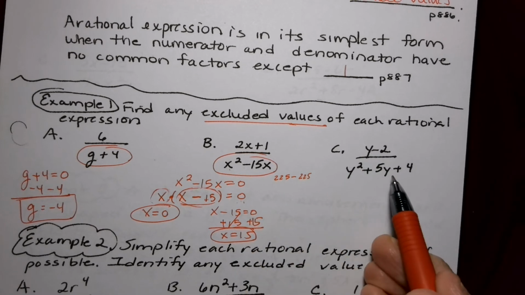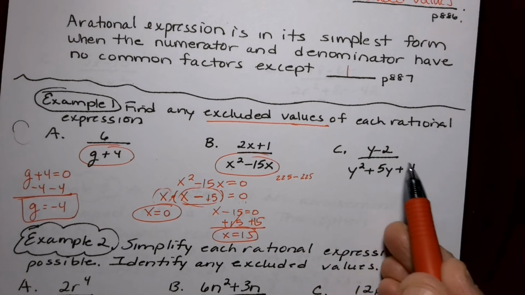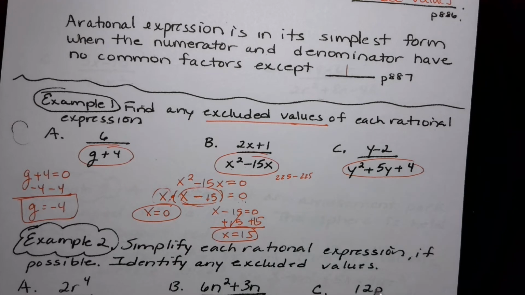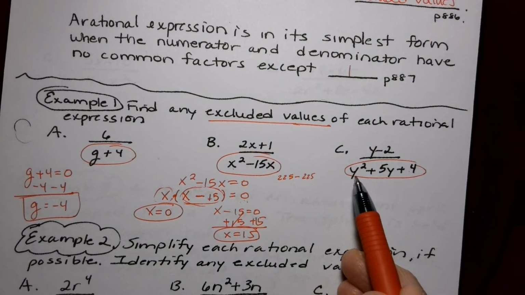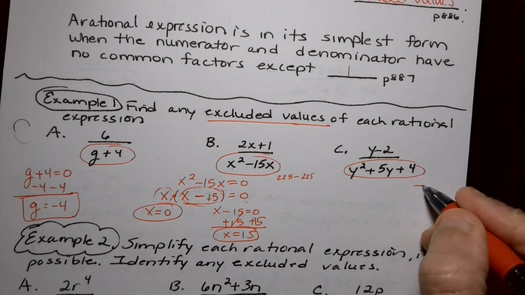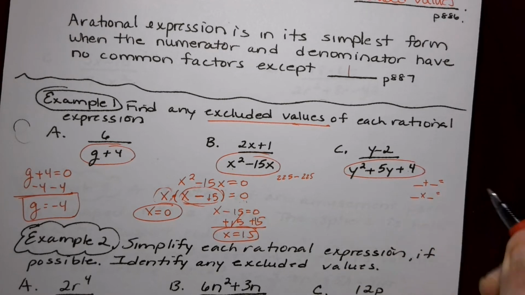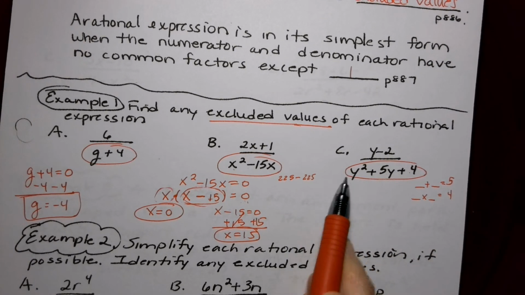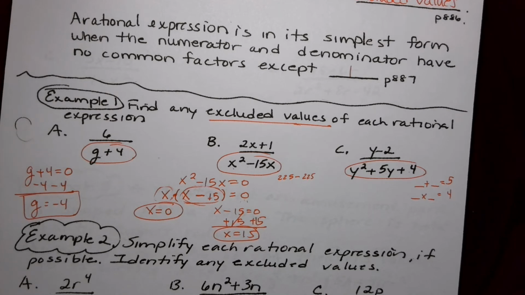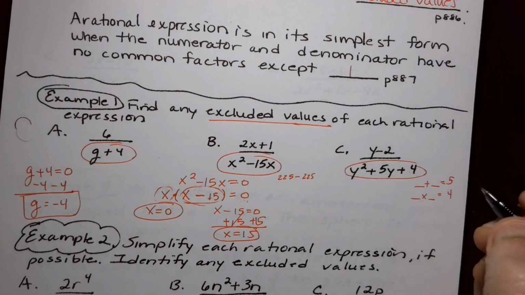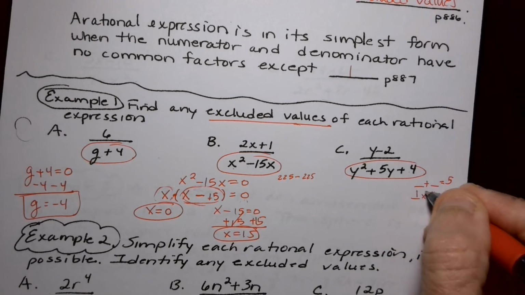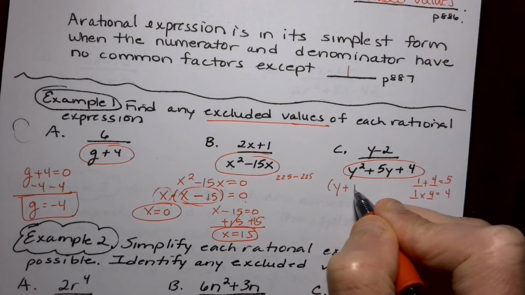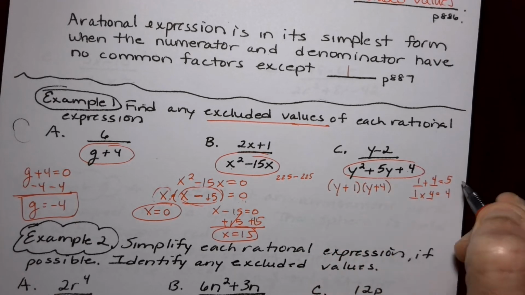All right, then we get to the quadratic looking equation, the trinomial. But again, we're looking in the bottom. And now that it's 3 terms, and you notice the order, a y squared, a y, and a number, we want to see if we can factor. And we want to see if we can think of two numbers that add to give you the 5, multiply to give you the 4, because it's just a 1 here, so it's a pretty straightforward one. And they're both positive, so it makes it even easier. And the answer would be 1 and 4. So I can now break that down into y plus 1 times y plus 4